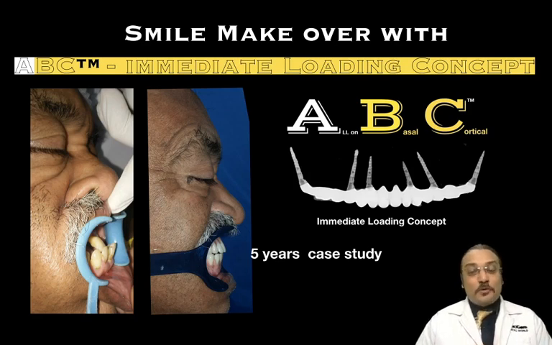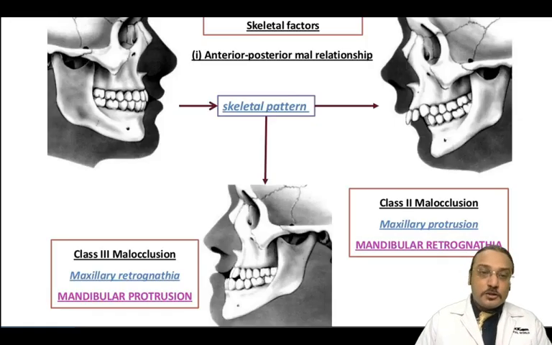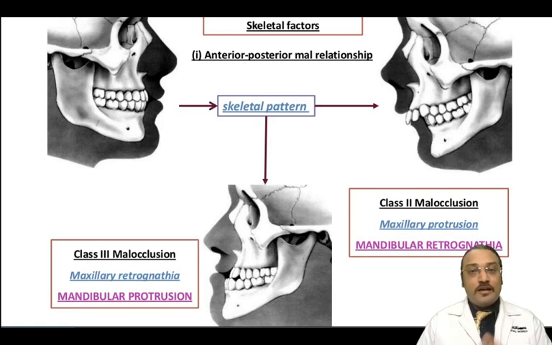Now let me tell you what is skeletal class 3. In order to know skeletal class 3, we should know what is skeletal class 1, class 2 and class 3. My next slide shows you this. On the left hand side up, you can see the ideal skeletal class 1. That is the ideal way every individual is, in which the upper jaw is slightly ahead of the lower jaw, but not too much ahead, not too much behind either. So that is the skeletal class 1.